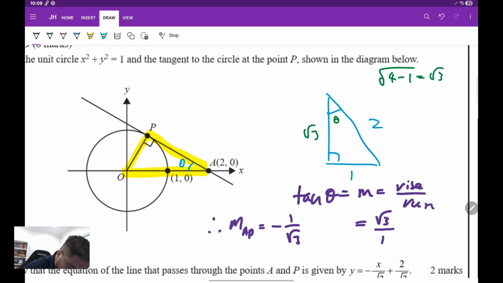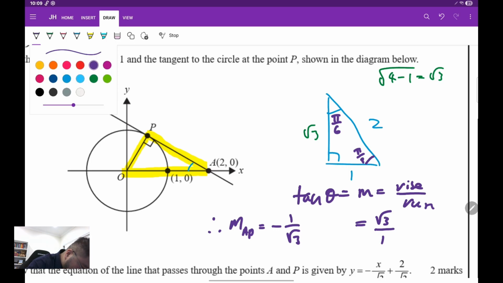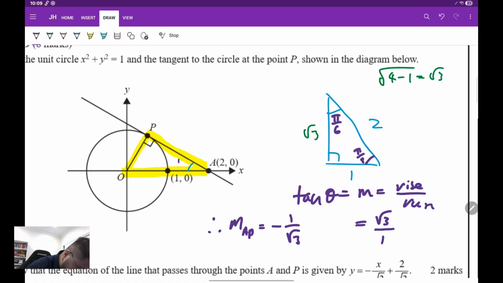So if we know that that's the case, we also know that this triangle here must be pi on 6, and as a result, this must be pi on 3 because 180 degrees in a triangle. So we can then label this here as such. So this is going to be pi on 6, and this is going to be pi on 3. All right, so